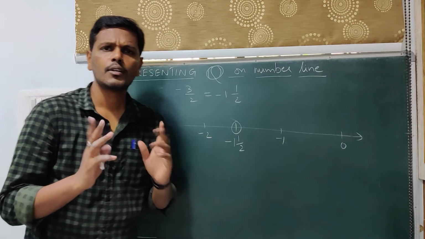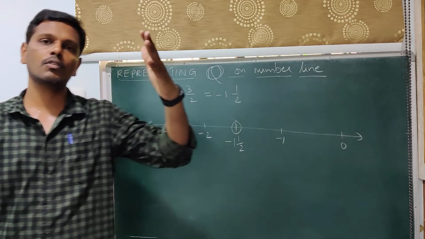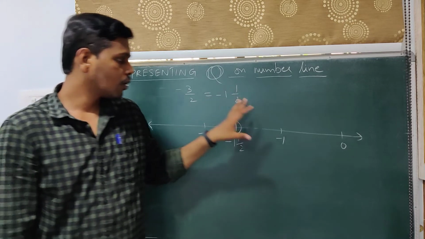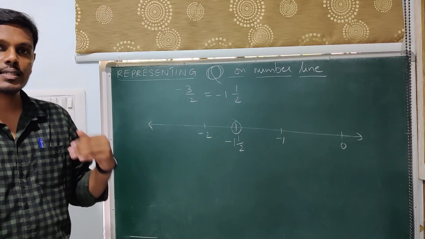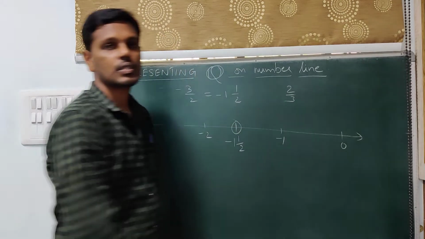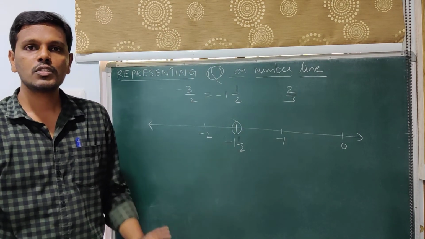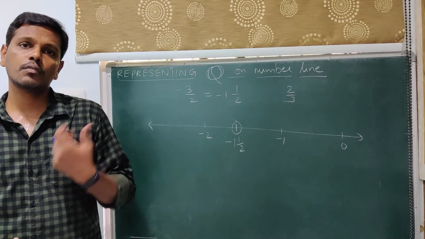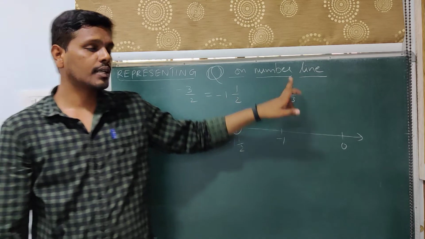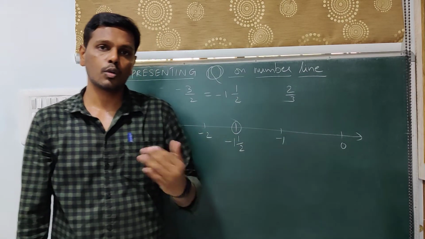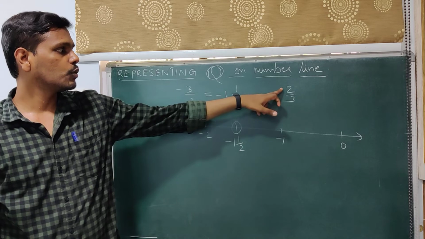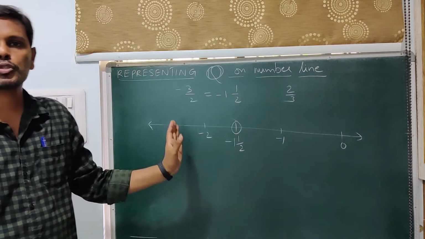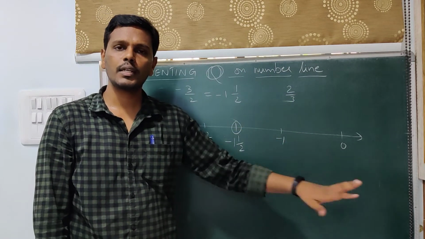So you will always have two cases. Given a rational number, either the numerator will be greater than the denominator or the numerator will be less than the denominator. If you are going about this method, when the numerator is less than the denominator, that value will always lie between 0 and 1, and the denominator will tell you into how many equal parts that space should be divided, and the numerator tells you how many parts are to be considered out of the divided parts. So that is the case when the numerator is less than the denominator. If it is a negative case, you will do it on the left hand side. If it is a positive case, you will do it on the right hand side. That applies for any kind of number.